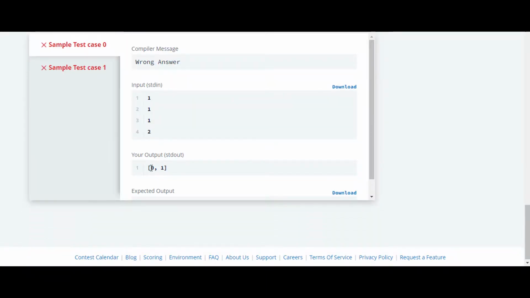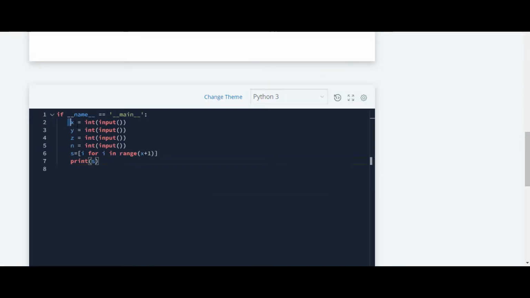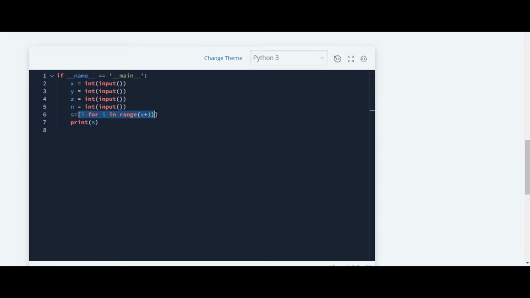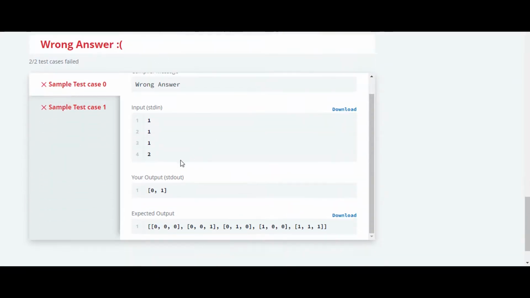It gives us 0 and 1. This is x. It simply gives us all possible outcomes from the variable x. So it shows us that if the x value is 1, then all possible values in a permutation will be 0 and 1.